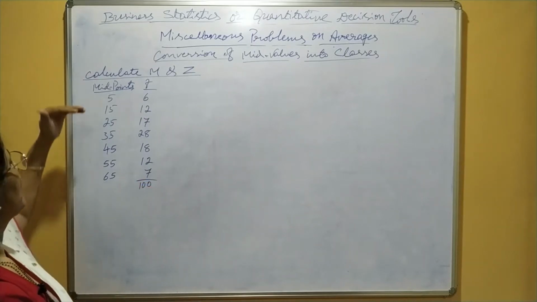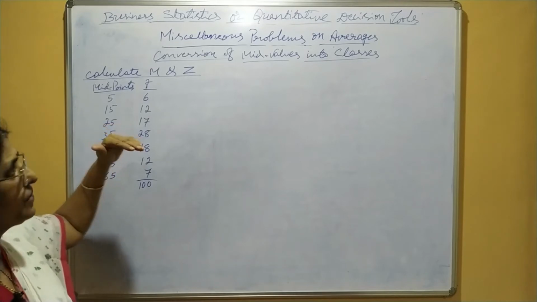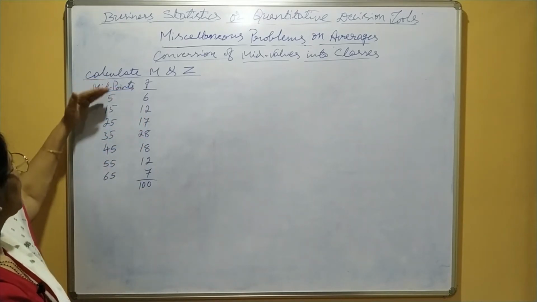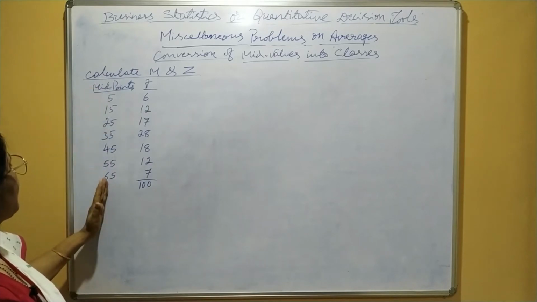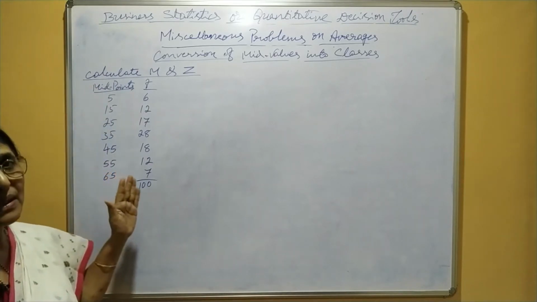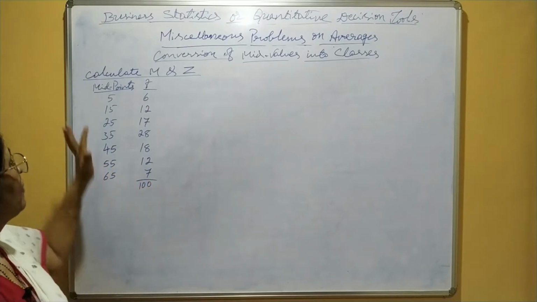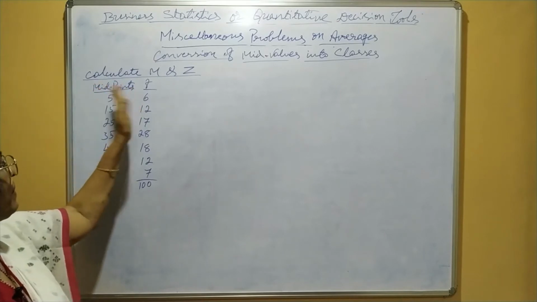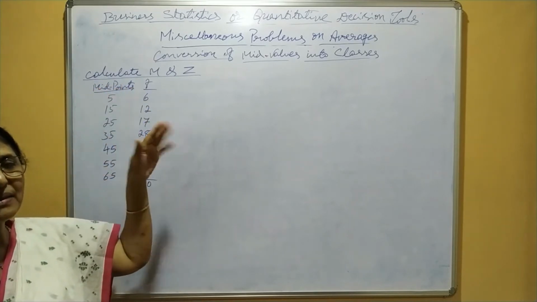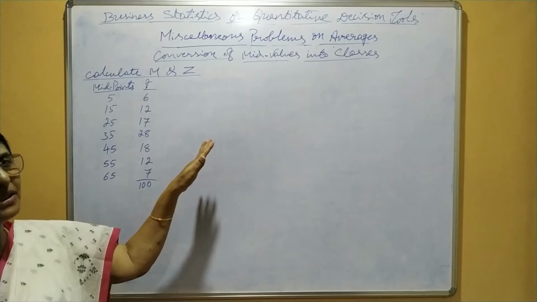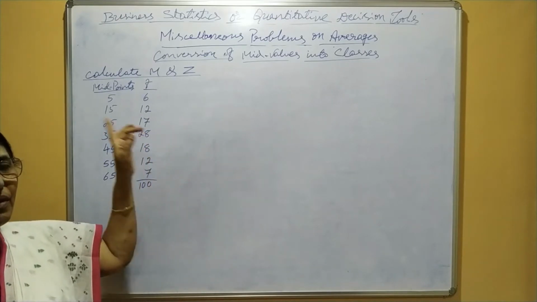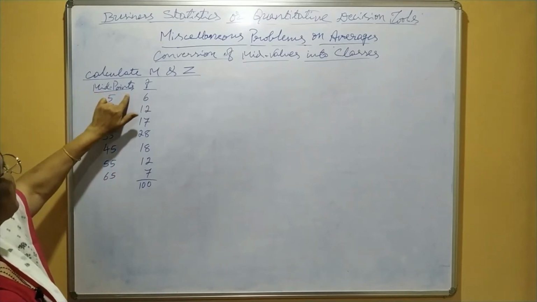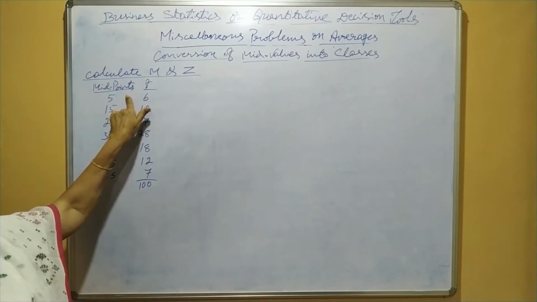Even here, students usually get confused without seeing the heading properly. They come to the conclusion that when variables are given like this, they are discrete series. Now first we have to look at the heading. Usually when two columns are given, they consider one as the variable and the other as frequency. But you should be careful. The heading given is important. Here it is given midpoints. Midpoints are nothing but mid values.